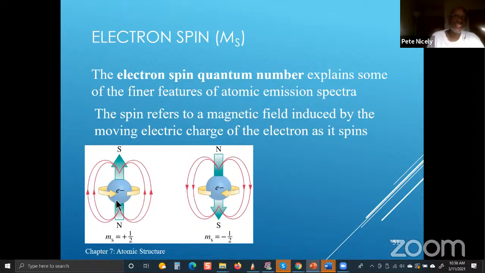They can spin, as you can see here, and the quantum number associated with this would be ms equal to plus half, or the electron could be spinning in the opposite direction, where ms is equal to minus half. Now, you'll notice that there's an arrow here, where you have n and s at the tail and the point of the arrow. What that is showing you is the magnetic field that is generated when an electron spins. I don't know how many of you have done any physics, but there is a rule known as a right-hand rule, which says that if you have a charge spinning in a direction corresponding to the fingers,